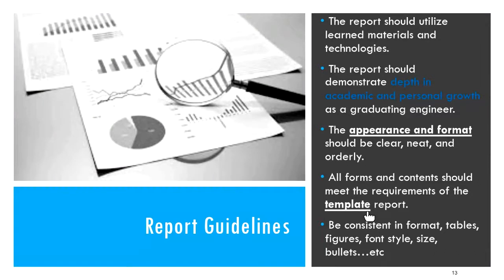Even us academics, when we submit to journal conference proceedings, if we do not follow the format, our papers get rejected immediately. So before we even look at your technical content, the report should be neat and clear and follow the template identified by the department. If you're not sure where to find that, ask your supervisors. But again, you should take the first step. You should look for them yourself first, and then if you're having trouble finding the latest update or anything of this sort, you should talk to your supervisors.